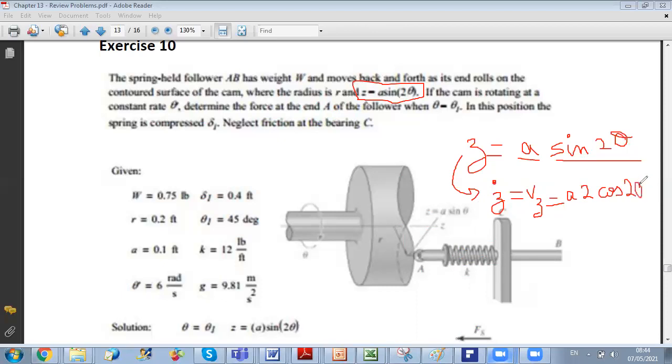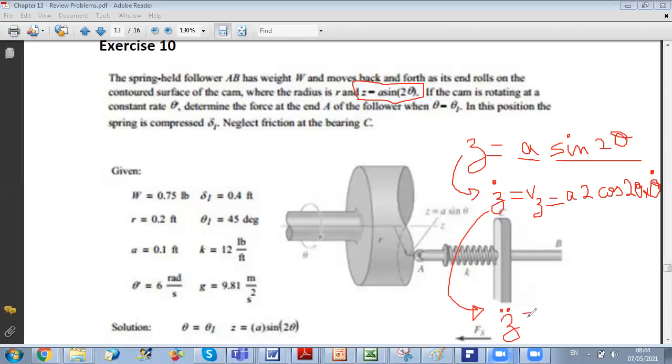And using the chain rule, I should not forget to multiply by d theta by dt, which is theta dot. So this is the expression of the velocity. Now, in order to get the acceleration, I should derive another time with respect to t. So I will get that z dot dot